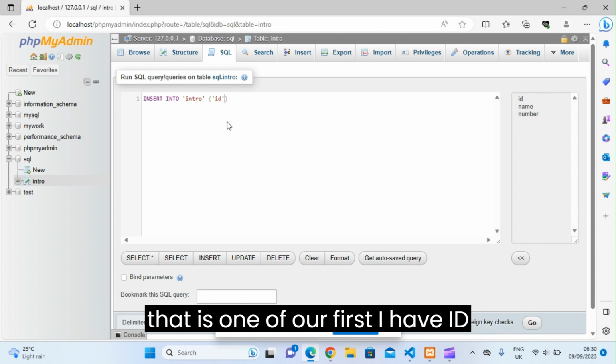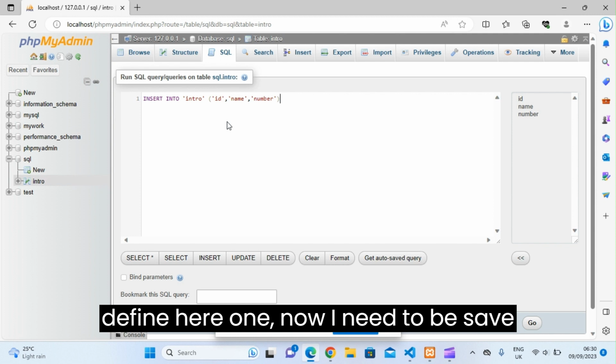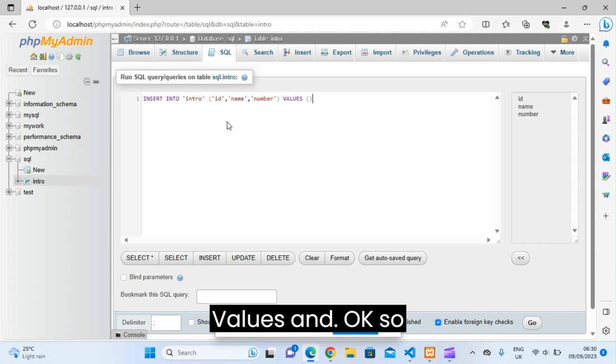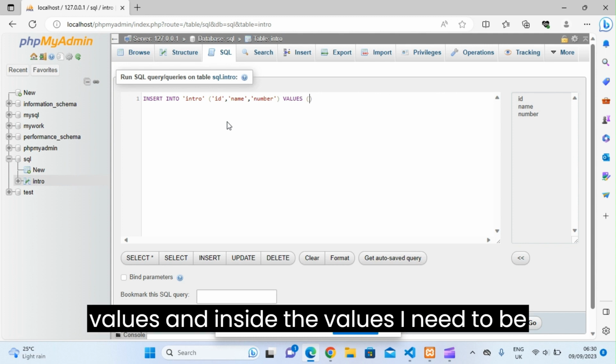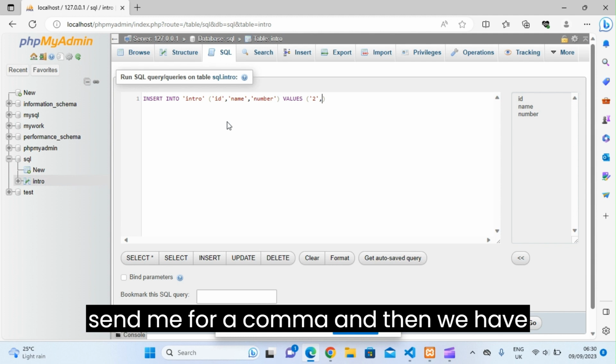First I have ID, and then I have the name, and in the last I have the number. Once I define these, now I need to say VALUES, and inside the values I need to give the ID as number 2 now, comma,